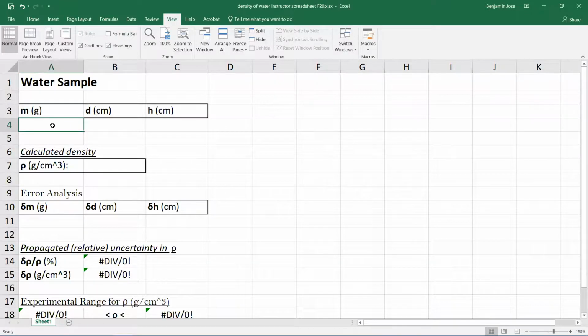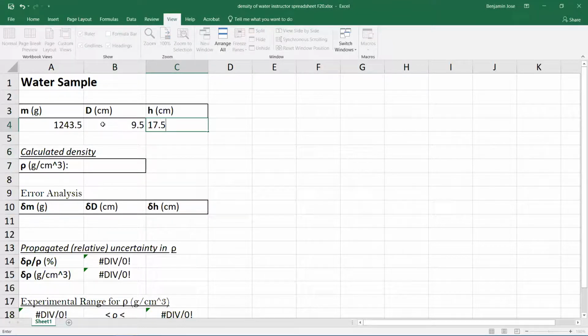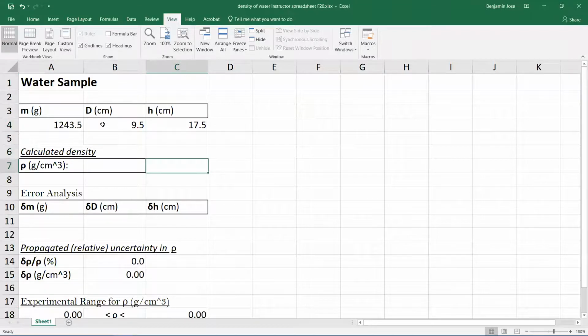You'll see what I'm talking about in a moment here, but let me type in my mass in grams. 1243.5 was the value that I came up with. And my diameter, I guess I'll change this to capital D just to be consistent with what you saw a moment ago. And I'm going to be compulsive and make sure it's bold type like everything else. Okay, the diameter I thought was 9.5 centimeters and the height was 17.5. All right, and down here is where